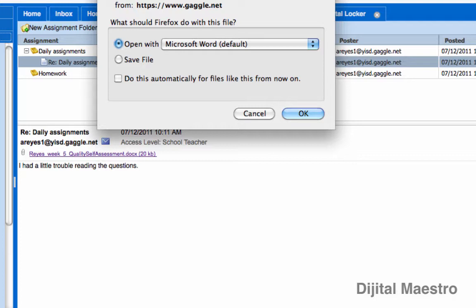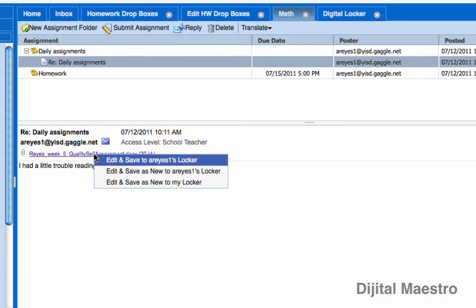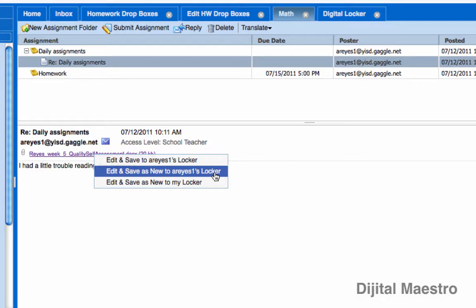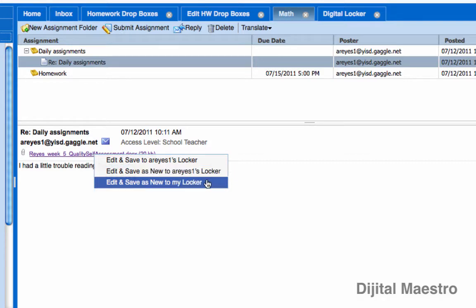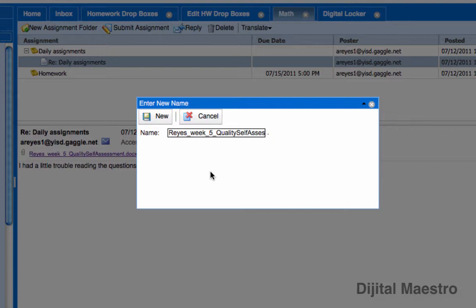Now, to look at this assignment, you as the teacher can click on the assignment itself, and you get a dialog box to save the assignment onto your computer, or let me click Cancel. You could save this assignment into your own digital locker. So if you right click on the link here or control click on a Mac, you'll have several options here. You can edit and save it into your digital locker, or you can save it as a new document in your digital locker, or as a new locker item. So let's just go ahead and click on Edit and Save as New to your digital locker,